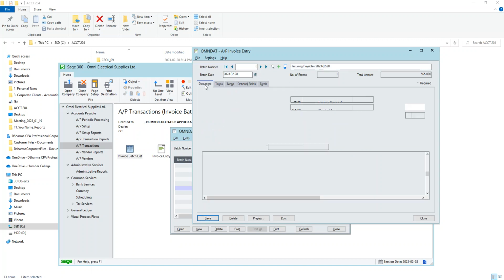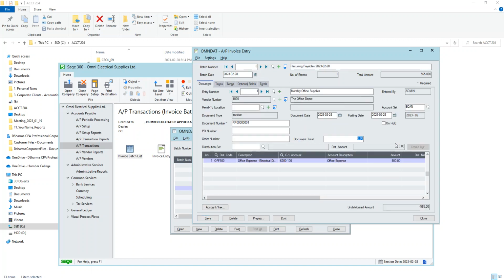Oh, because we did not enter the total. Total is 1130. Okay, I know I was rushing to get this done. So everything has to go through the process. So you enter this, the invoice date, the document date, the document number is just picked up by itself, and then put the document total. That's important. So you know what, this is incorrect because I was thinking in my head 1000 plus HST, but it's 500 plus HST, so the total is